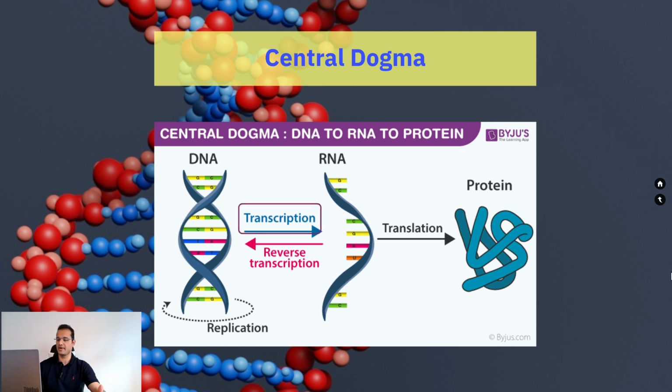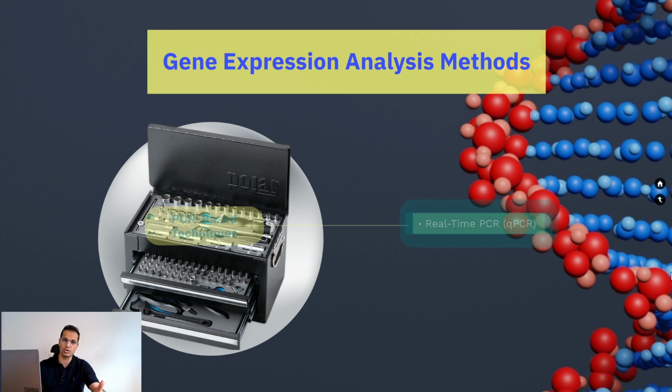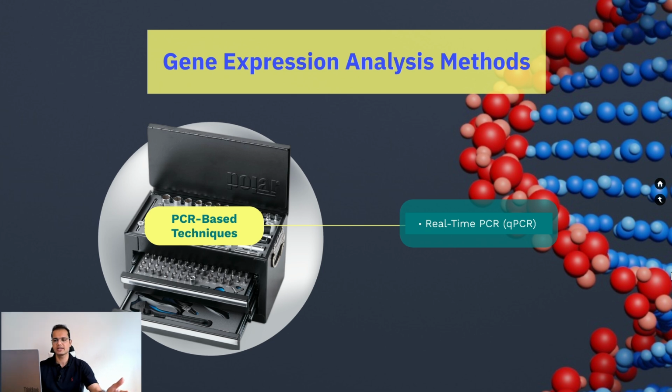Gene expression methods. We have many genes in our cells. But how can we know which genes are active in different situations and in different cells? To answer this question, we have different tools in our toolbox. We can use PCR-based techniques like real-time PCR or qPCR. It's a very functional technique with high sensitivity, which is done in real time. However, it limits us to analyzing a small number of genes at a time and requires prior knowledge of target